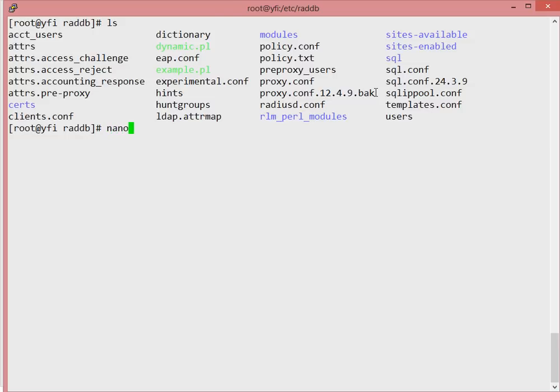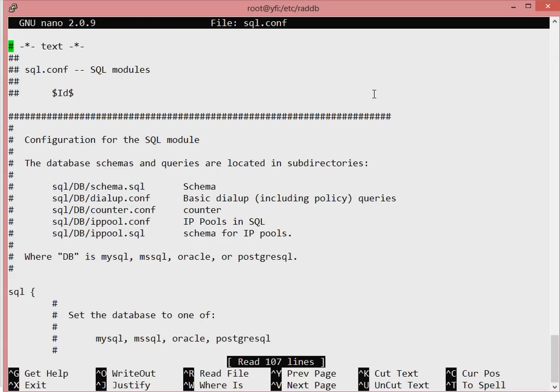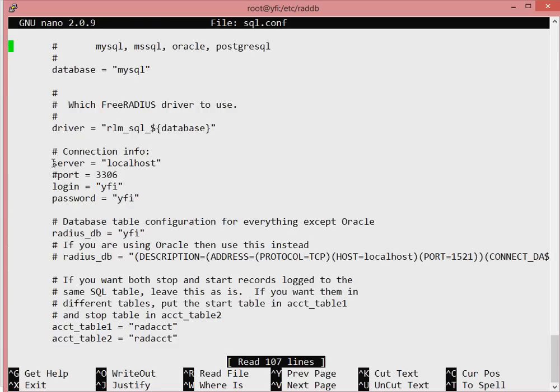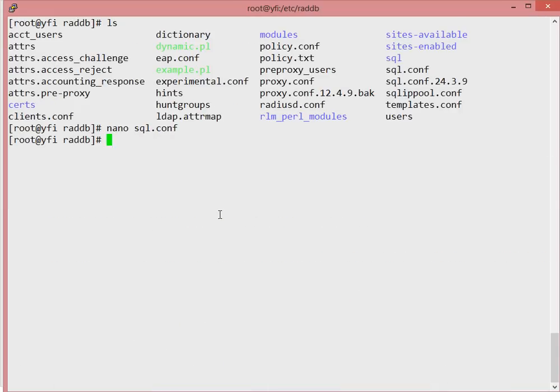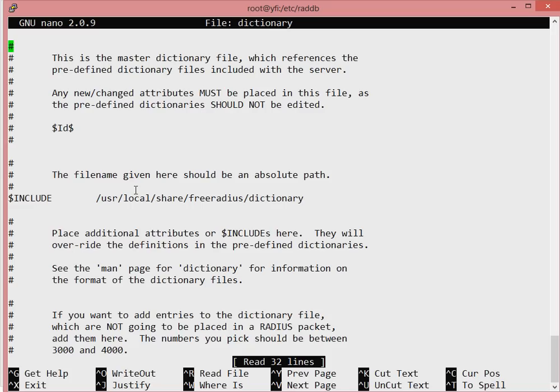The first thing you need to check is the sql.conf file. Basically, if you scroll down, you will notice the server and the connection to the database. So in the event you deviated from the basic installation by changing the password and the database name, then you need to also modify this file. The next thing you need to do is, by default, if you go into the dictionary file, for instance, you can see that the path to the freeradius dictionary is off, because in CentOS it's actually located in the usr share directory and not local. So to fix this, we've